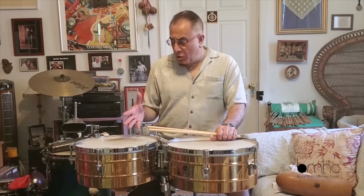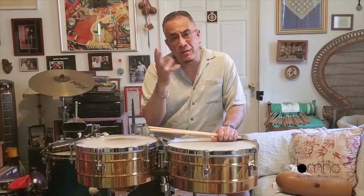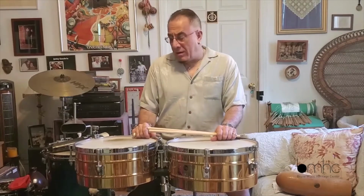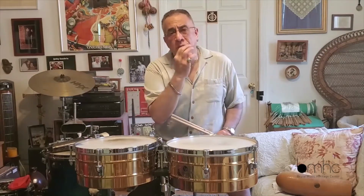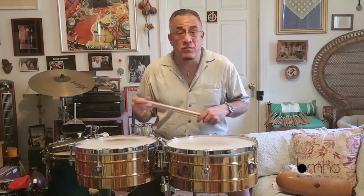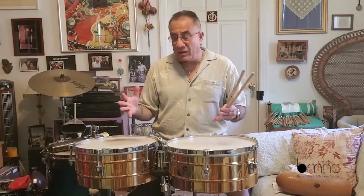Back in time. Now, as I said before, the Cuban timbales replacing the timbal criollo and the timpani, well, they start appearing around 1899, 1900, with a gentleman by the name of Antonio Maria Romeo, a great pianist who develops the first charanga orchestra. What is a charanga? Again, it is flute, strings, bass, piano, guiro, and timbales. Antonio Maria Romeo developed this and championed the use of this smaller version of the timbal criollo or the European